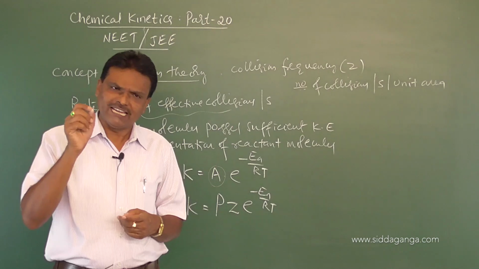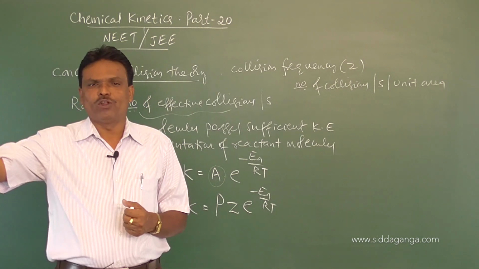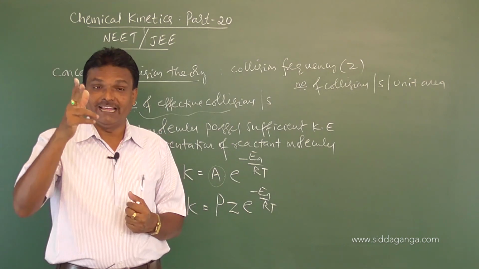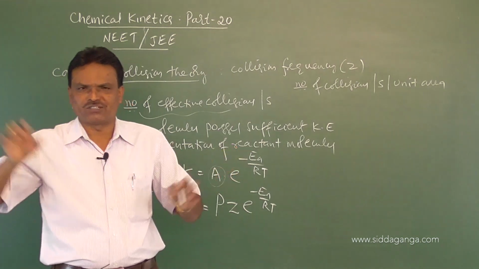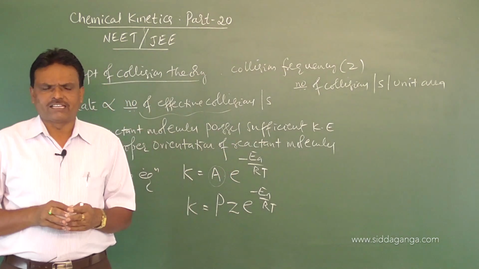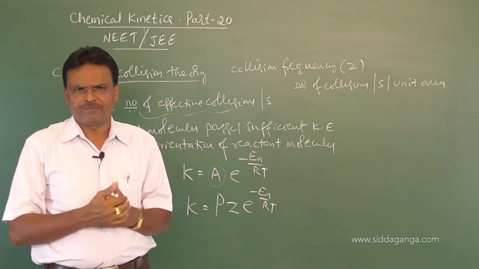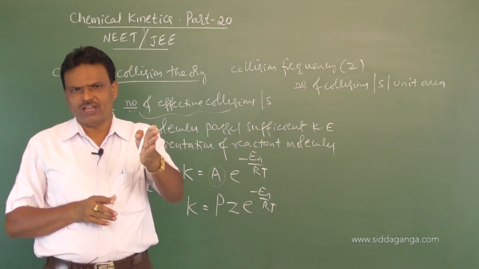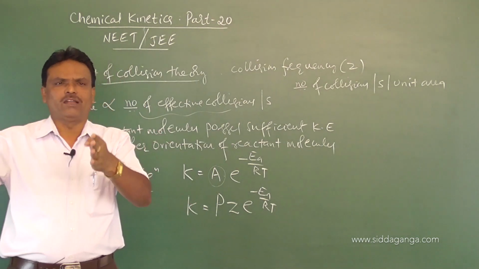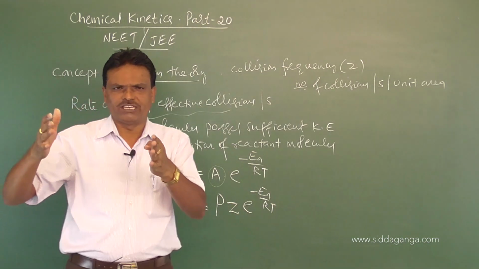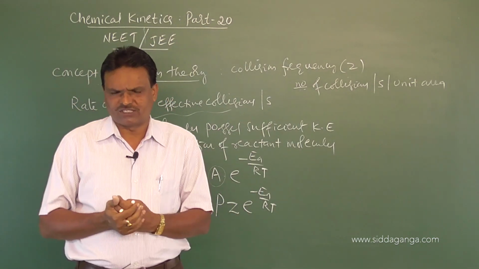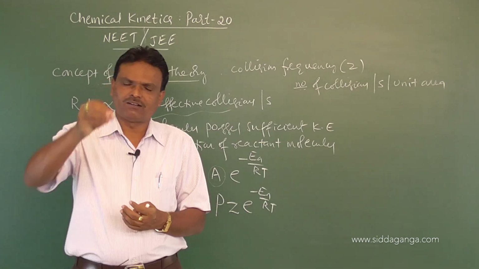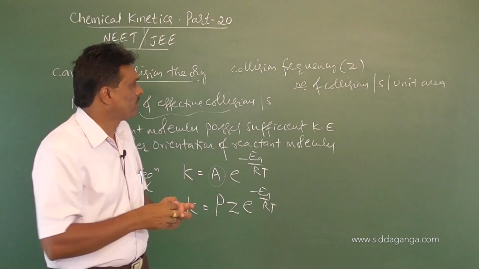Is it clear? But in the case of tertiary butyl bromide, the nucleophile cannot attach to the carbon atom which carries the halogen from the side opposite to that of the halogen, due to steric repulsion. Because of the presence of three bulky groups, there is also a repulsion force between the halogen atom and the nucleophile, because each halogen atom has 3 lone pairs of electrons, and also due to the minus effect, the electron density is more on the halogen.